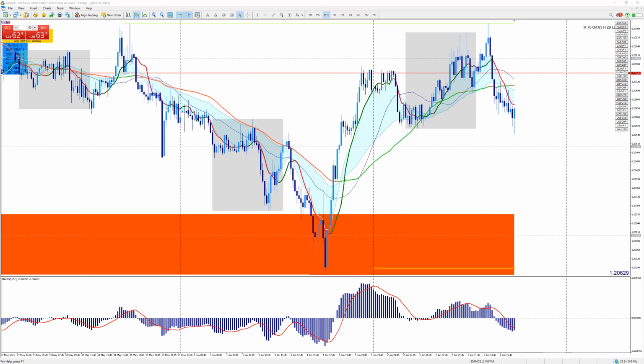So you just want to be aware of that, be careful of that. That's all. Just be careful. Because that third candle down, that third candle on a